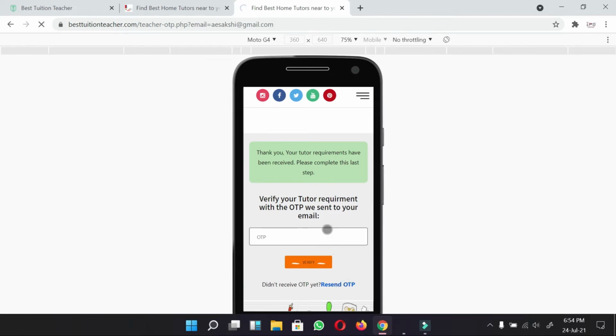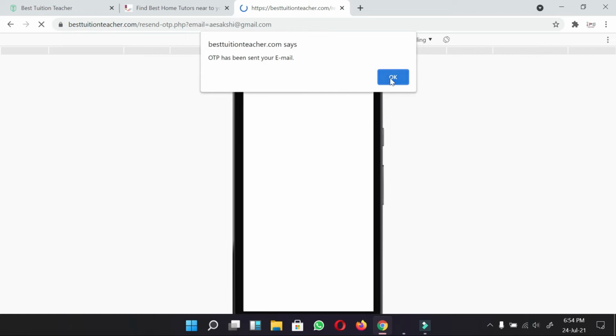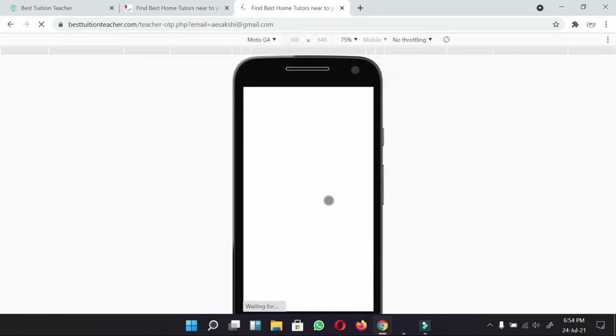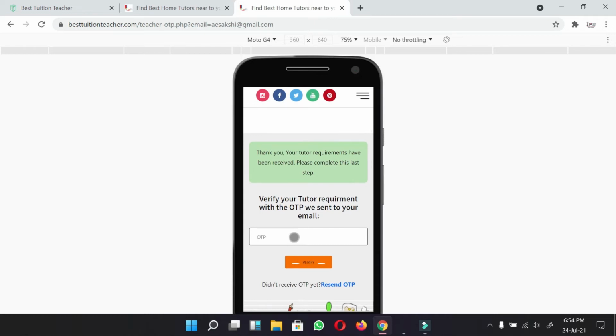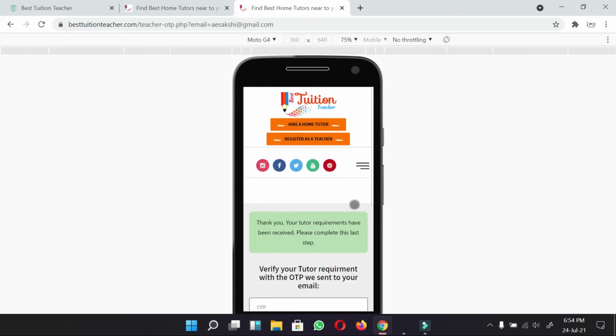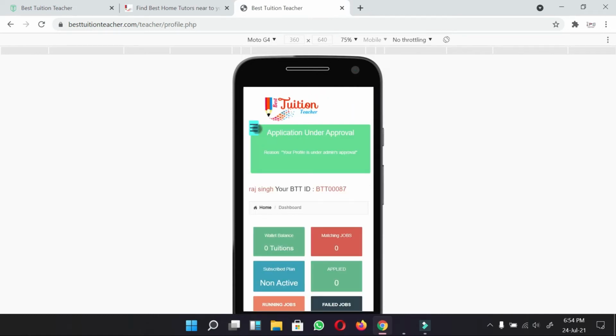When you click on it, an OTP will be sent to your email ID, and you will again see the same page. After that, you will receive the OTP on your email ID, and then put the OTP here and verify it.